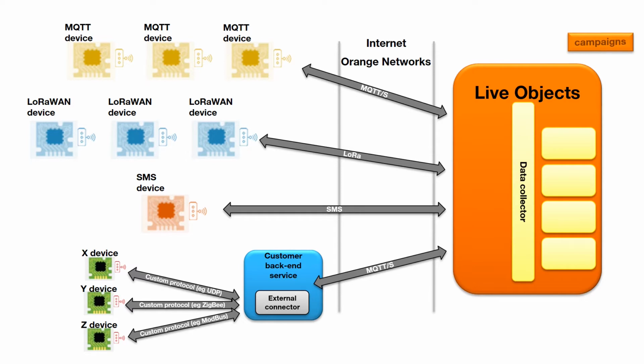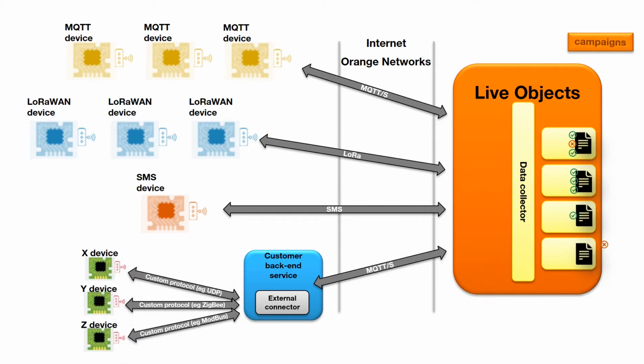When it comes to sending the same command to a whole fleet, a handy feature is the campaign management. It will buffer and dispatch the command to every device over a period of time and provide a success state for them in a report. It could be successes, failures, timeouts, etc. We will see in this video how it works for MQTT, LoRa, SMS, and external connector.